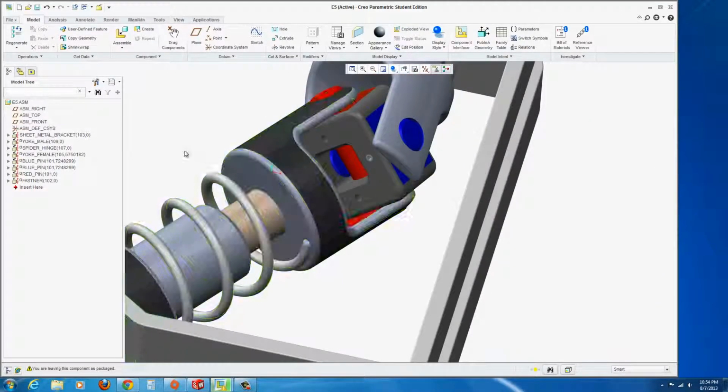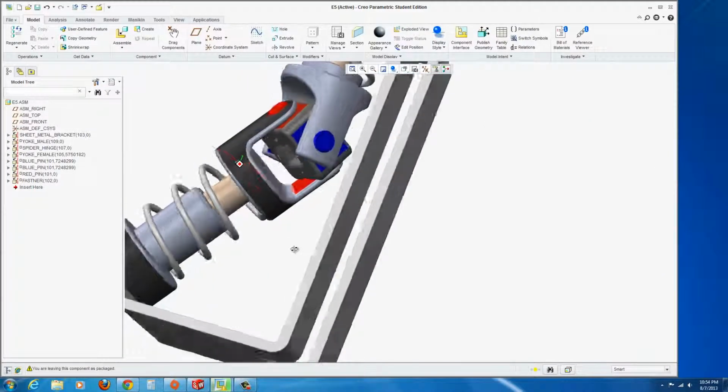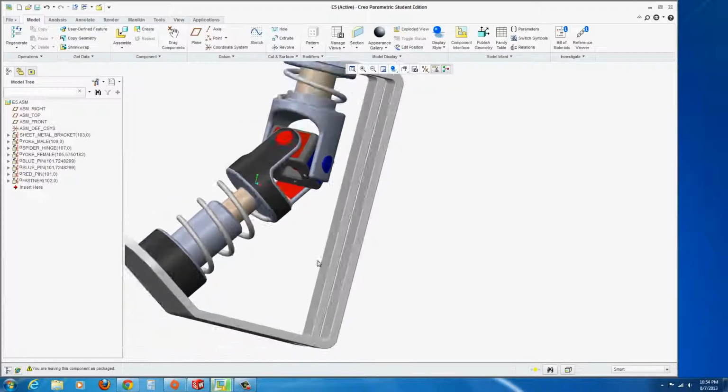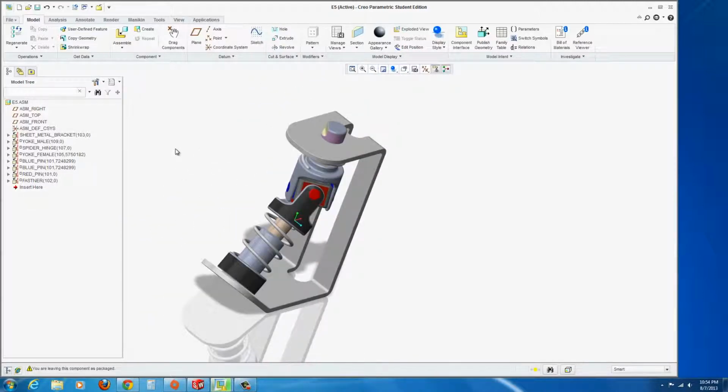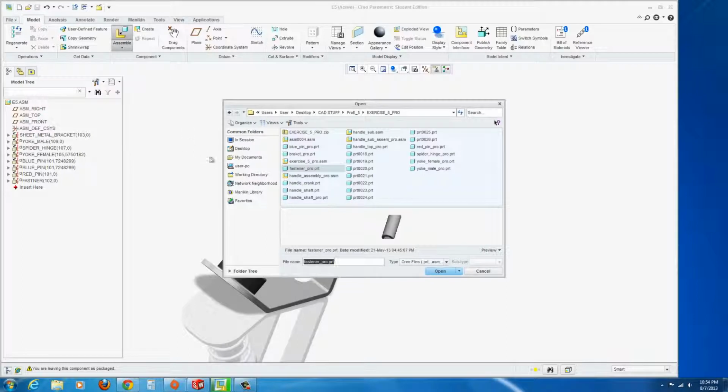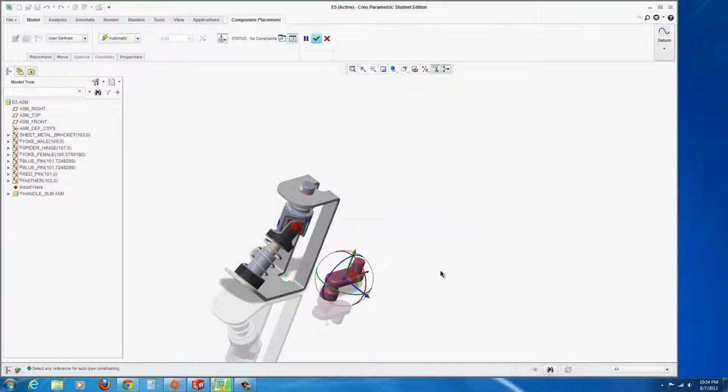Now you could add the others if you like, the same method. It's good practice. I'm just going to leave it at the one. Now finally, we want to add a subassembly to this. Subassemblies work the same way as a part file. You just go to Assemble, and in this case you're going to find the handle subassembly. So it's actually handle sub. Hit Open,